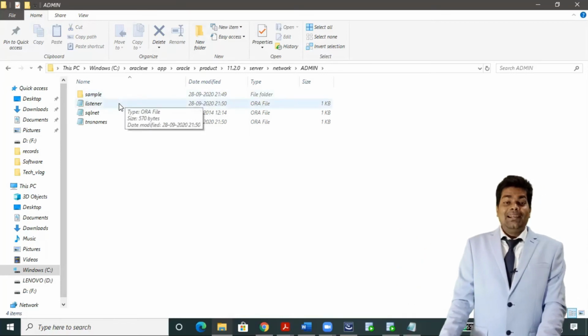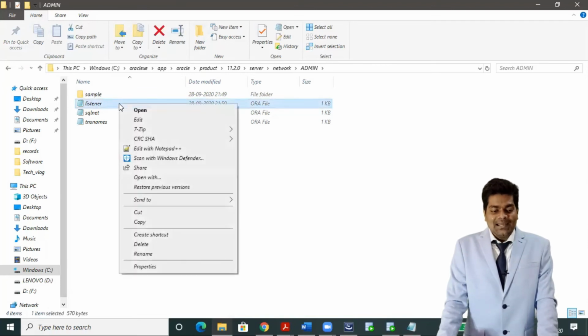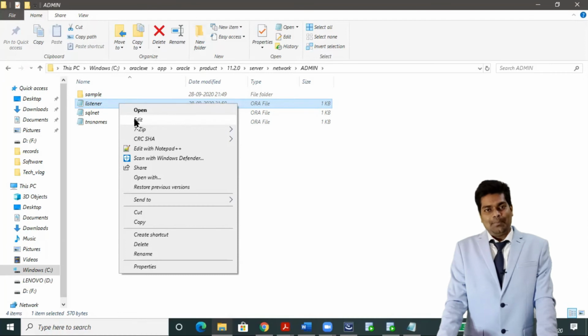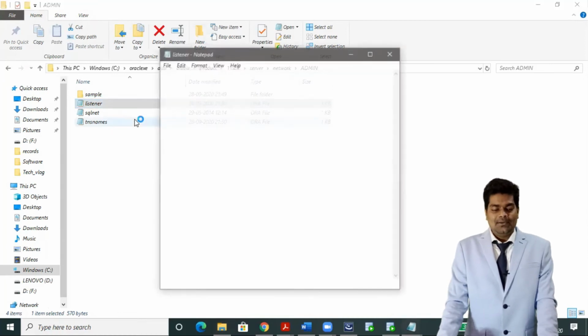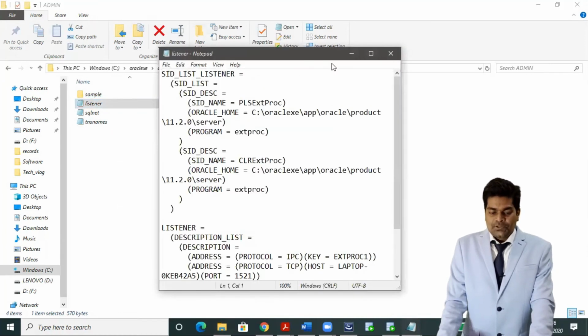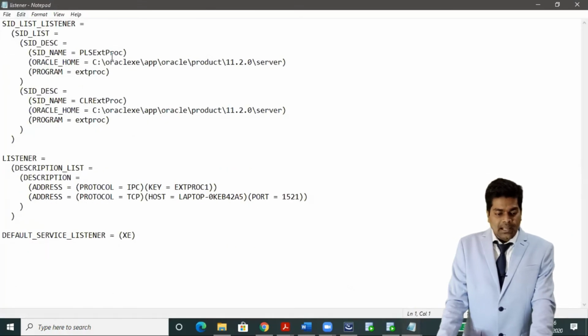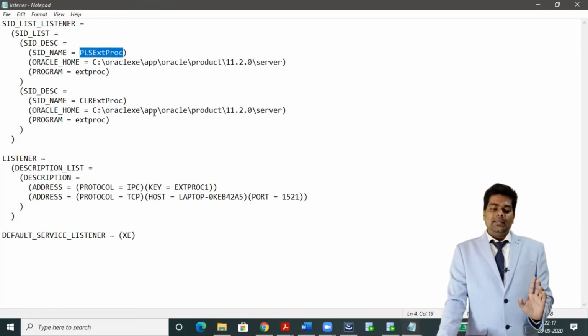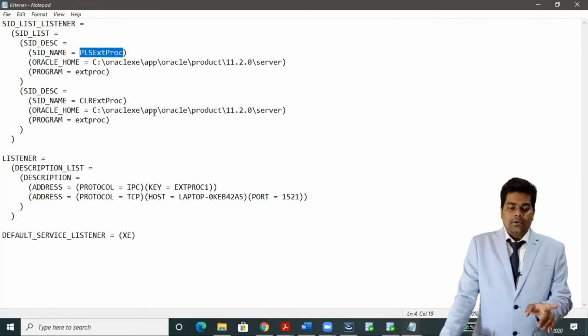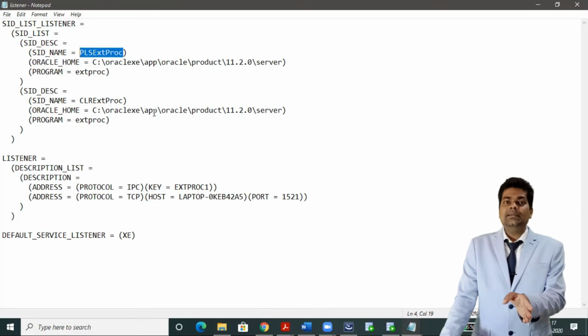So okay, now click on listener. Right click and click on edit. Always open this in Notepad, not Notepad plus plus. So here simply open this listener file and look for SID name. Where is SID name? In this place, it is by default something like PLSExtProc.